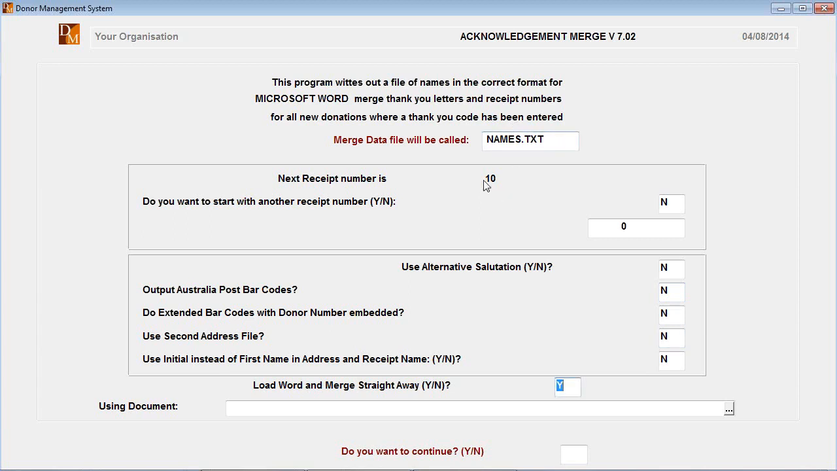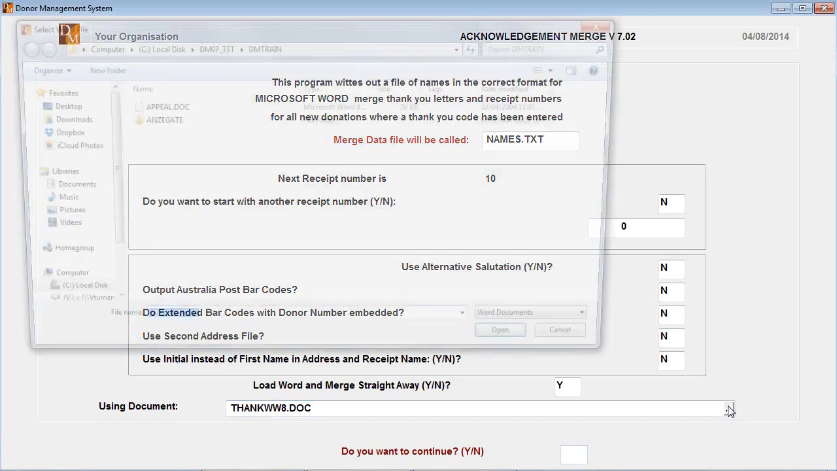So in this case here, the system's allocating the next receipt number. I don't have to worry about any of these things as well, because I'm not doing barcoding or using other addresses, etc. Load Word and merge straight away would normally be yes. And down the bottom here is where I would choose the document that you're using to do your receipts. So once you've got your receipt template set up,